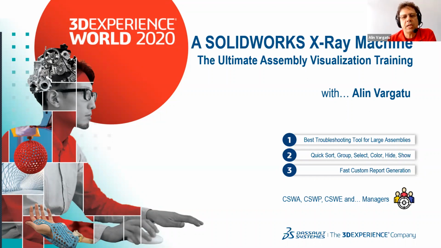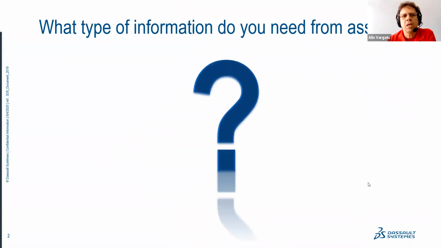Now, the audience for this can be almost anybody who is a consumer of the CAD data you create. Even if you are not really a SolidWorks user, you're still going to benefit from attending this presentation. So one of the hardest questions to ask is, what information do you need from the assembly? Maybe I shouldn't say it's the hardest question to ask, but it's the hardest question for me to envision all the possible answers that somebody would get. So what I did, I put together